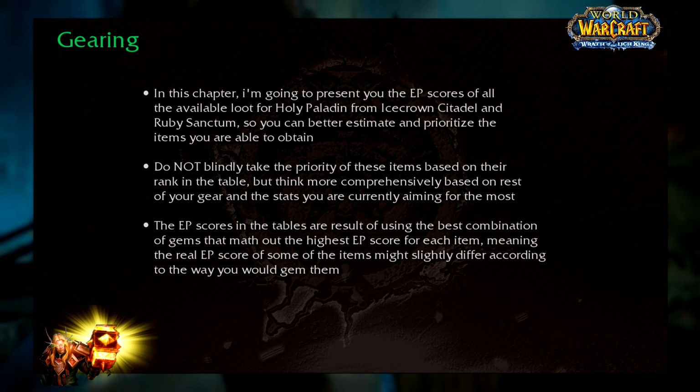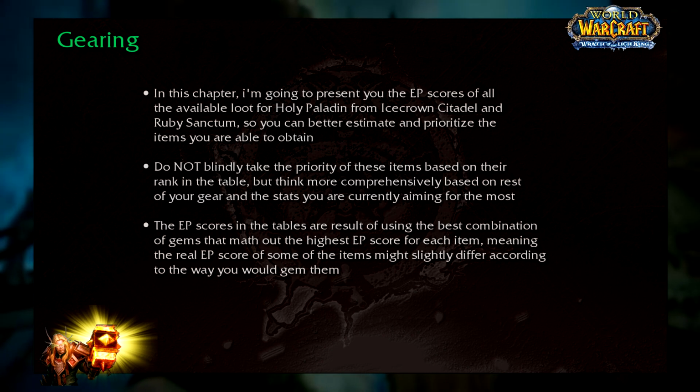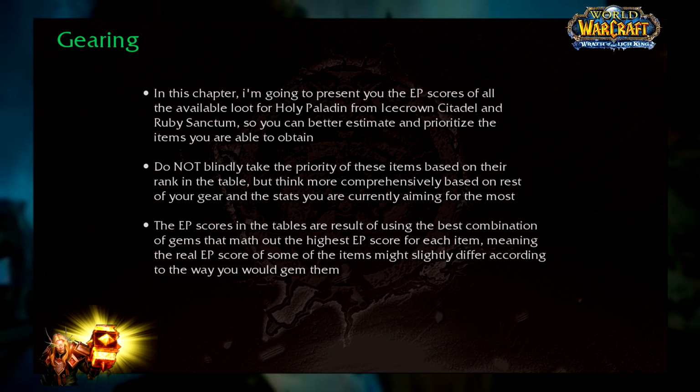However, don't blindly take the priority of these items based on their rank in the table, but think more comprehensively based on the rest of your gear and the stat you're currently aiming for the most. For example, if an item with crit and MP5 scores slightly more than an item with haste and MP5 in a given gear slot, estimate and weigh all pros and cons for your healing throughput and mana regen when comparing